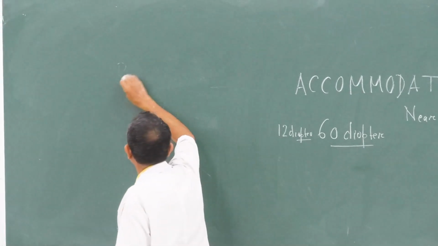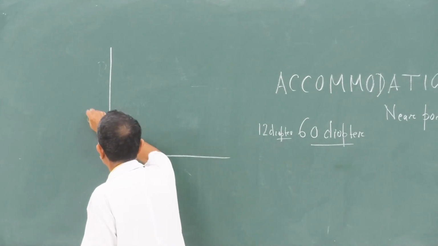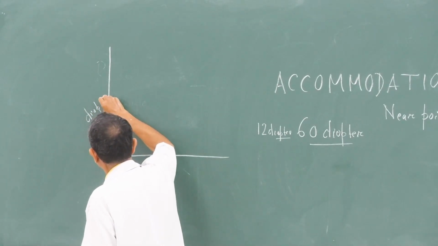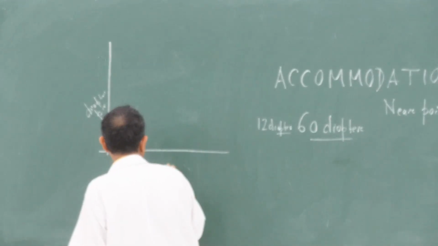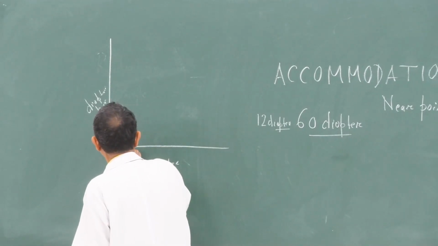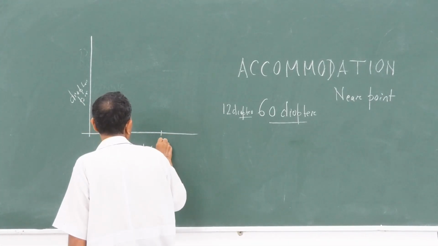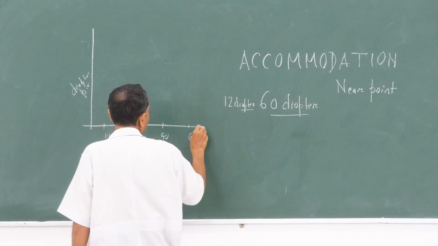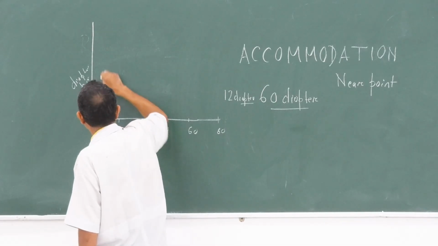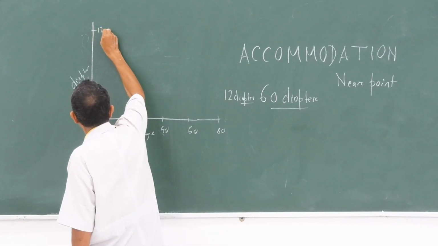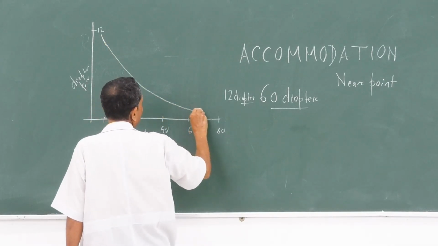Suppose in some text there is the age, suppose it is 10, 20 and 80. It is maximum at that value, that is the 12. And it is gradually reduces. And dioptric power is almost